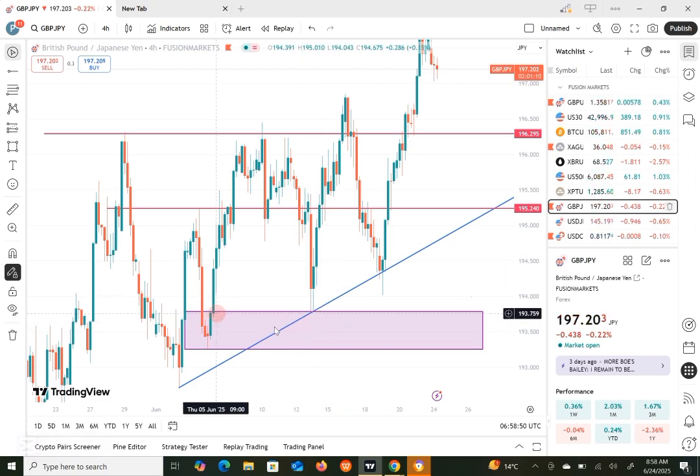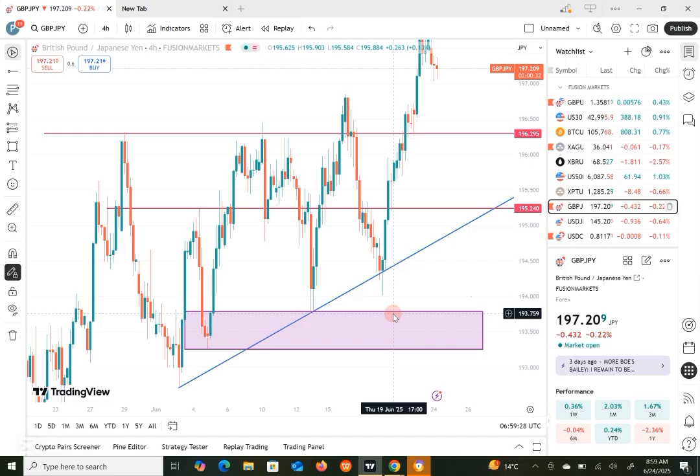So your entry will be at this level where the order block began, and then your stop loss will just be below the last wick, just below the lower wick right here. This is where you'd put your stop loss. So your take profit as well, after you get in at this point, will be the highest point reached by this higher high. This is where your take profit would be. So you'd experience all this price movement